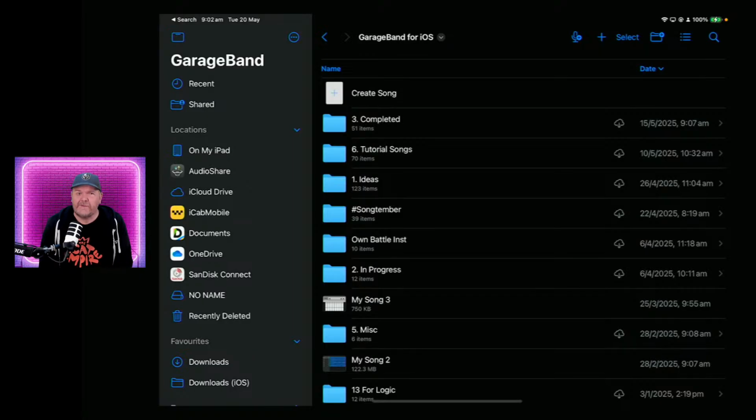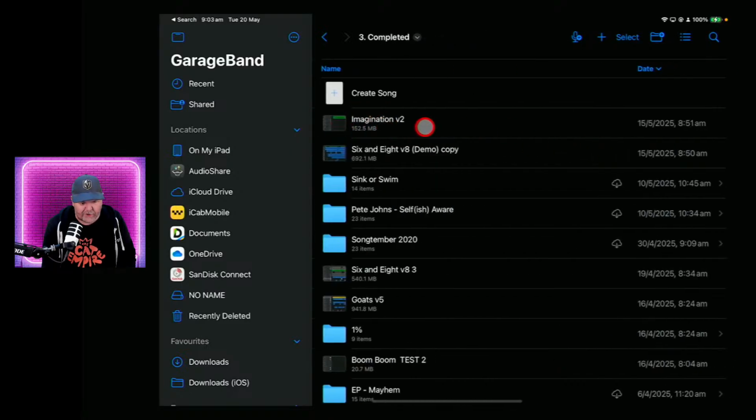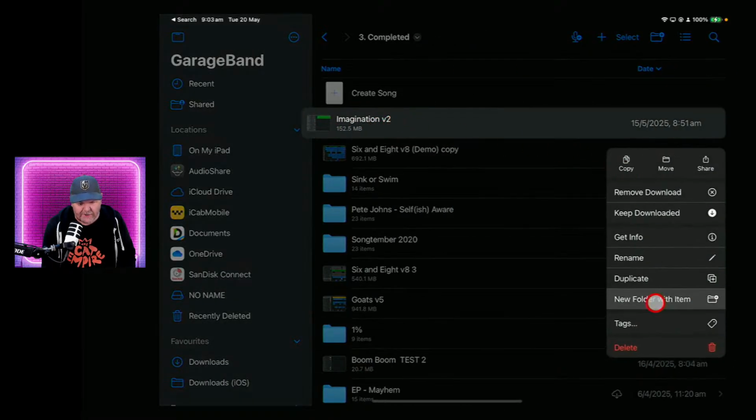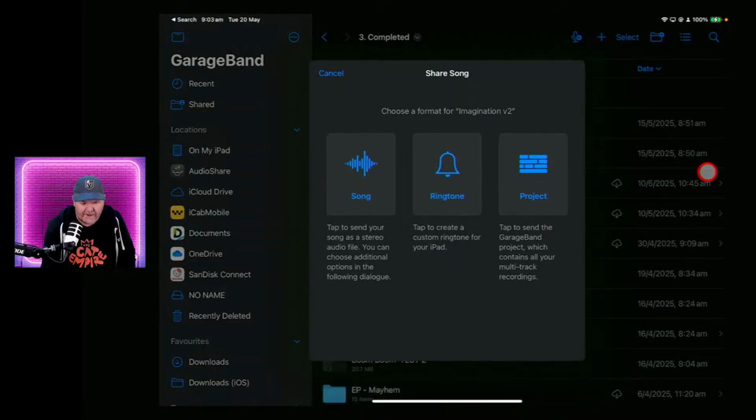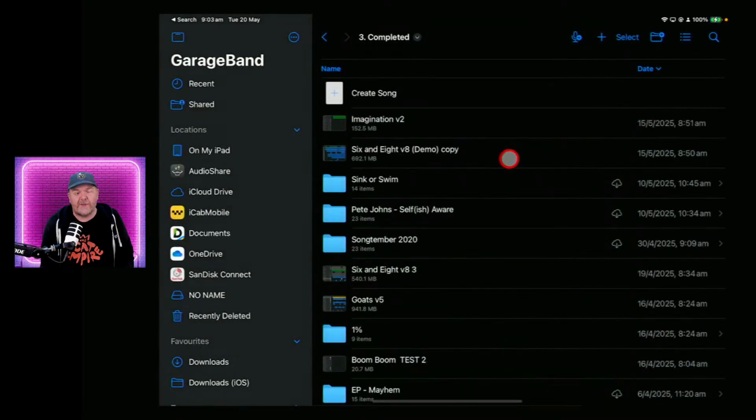Or sync it with a computer. And if anyone lived the iTunes sharing sync life, you have my condolences, because it was an absolute pain, especially if you're a PC user. Mac users had it a bit better, but what you would have to do, does anyone remember this? Put your hand up if you remember this. You would have to come in here to a GarageBand project, for instance, and share it like you do now. You hit the share button here, and instead of sharing it directly, there was another option that said share to computer or share to iTunes.